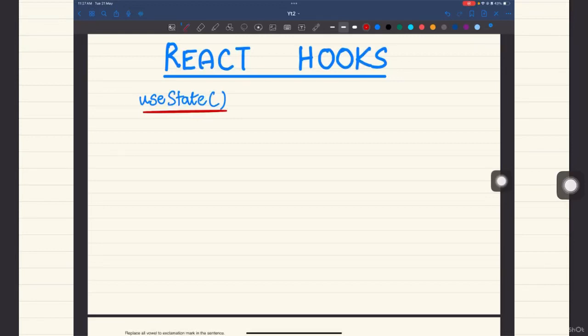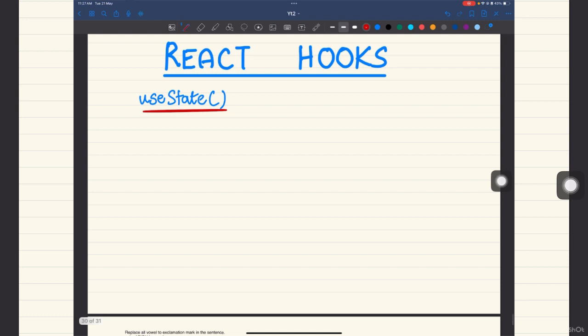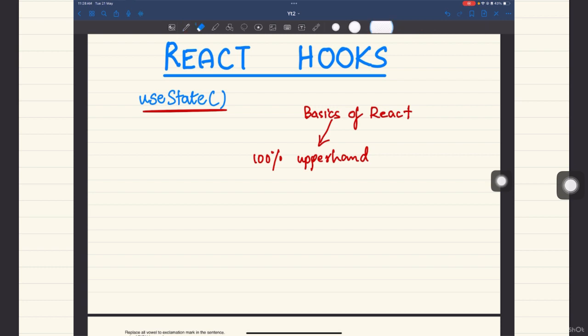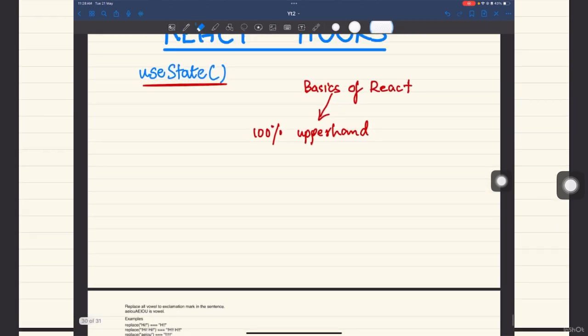So React hooks. These are the basis for React. Understanding this 100% will give you an upper hand in doing React projects. So first we will look at what hooks are. useState is a hook, and